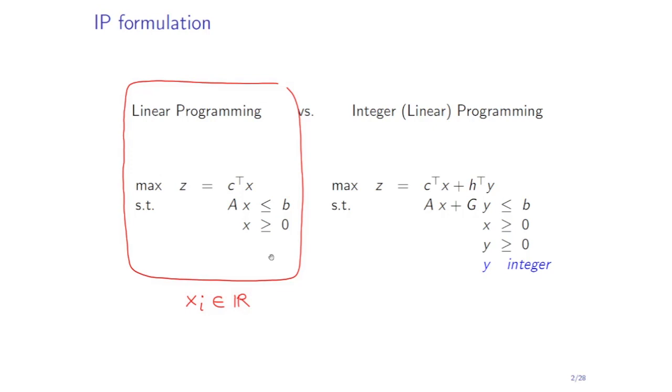Okay? But when we talk about integer linear programming, of course, this term linear implies that still every function is a linear function of the variables, but in an integer linear program I will have variables that are required to be integers. So in a linear program every variable can take on a fractional value, but if in my problem I have some variables that have to have integer values in the optimal solution, then I am dealing with an integer linear program. Okay, and the term integer refers to the fact that some or all variables are required to be